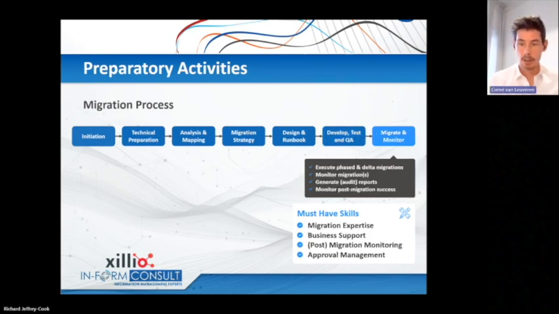And then the next and the last one. So you prepared everything, you tested everything, you did some test runs on the development, test, QA environment, and then you're ready to actually move and migrate to production. And that can be done in different ways. For instance, you can migrate one business unit. You can say, I want to migrate this in one big bang during a weekend, and then we move on